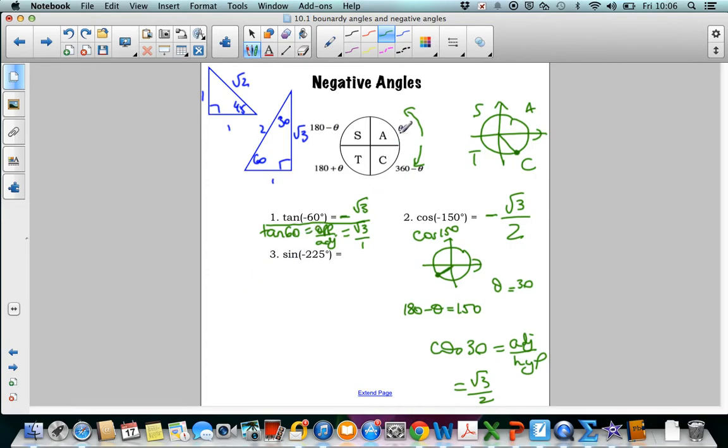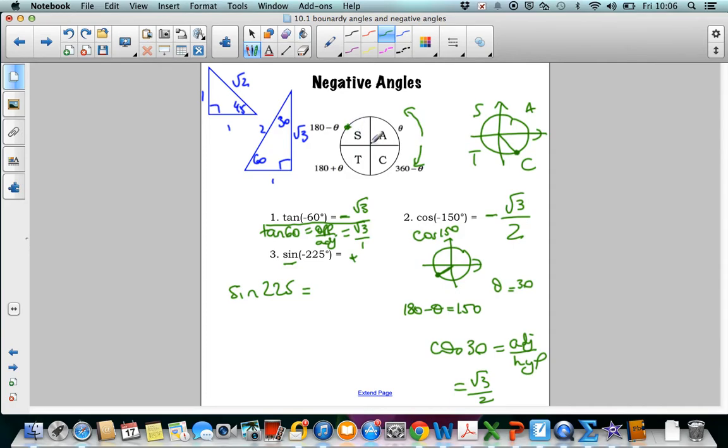And then the next one, same thing again. Rather than going anti-clockwise, we go clockwise. So we're actually going to land up here, because we've gone 180 degrees and then another 45 degrees. So we land here, so sine is positive. So I know my answer is going to be positive. If I think of sine of 225 now that I can forget the sign,